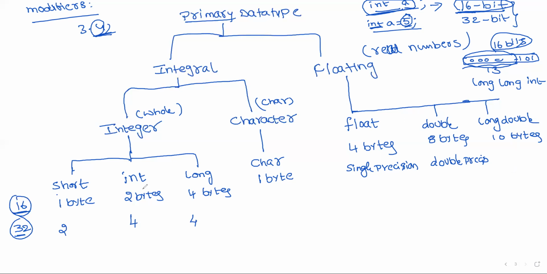Okay, so generally we are using only the difference. Observe the difference in the integer size, only this is required. Now what are the modifiers? One is short and another one is long. Along with this, we have one more categorization. Actually, we have two things: one is signed and another one is unsigned.